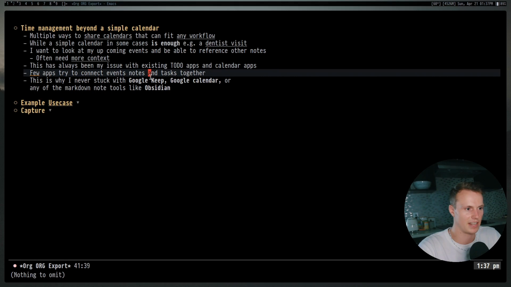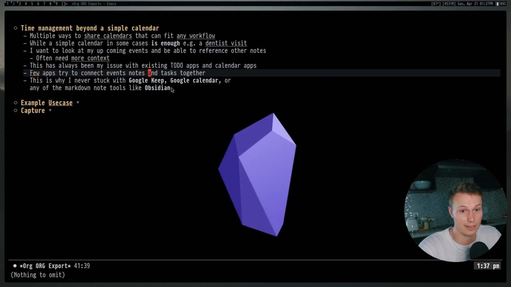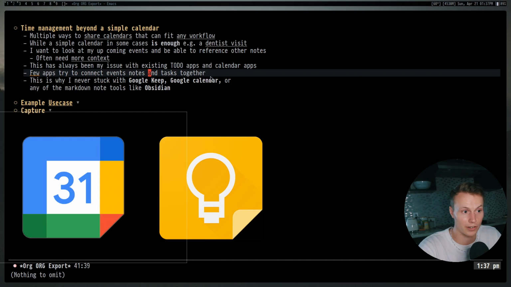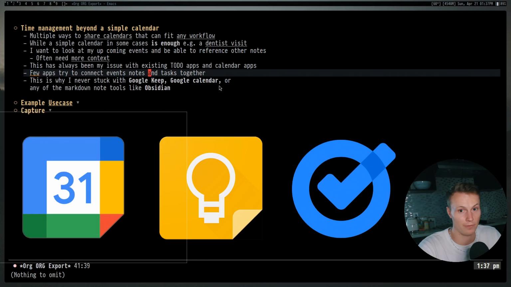This has been the big reason that I never stuck with Google Keep, Google Calendar, or Obsidian, mostly just because they lack this functionality. For example, Obsidian doesn't really make for a good calendar. It's not really focused on that. Google Keep obviously isn't very good for calendar applications and relies on you using Google Calendar, but then there was also Google Tasks, which is meant for more task management, and you end up kind of mixing them together, and it doesn't really play all that well besides a very surface level use case.